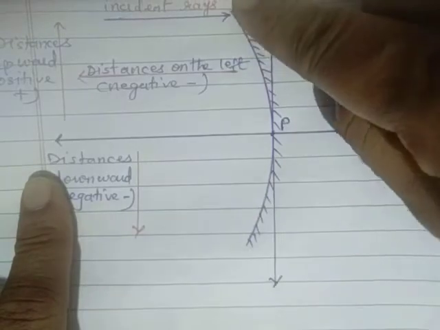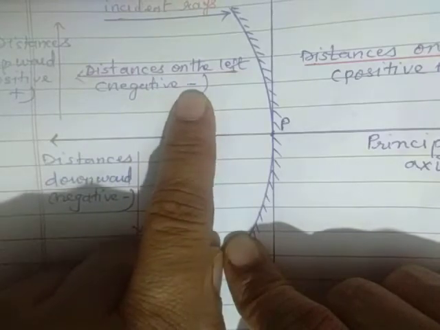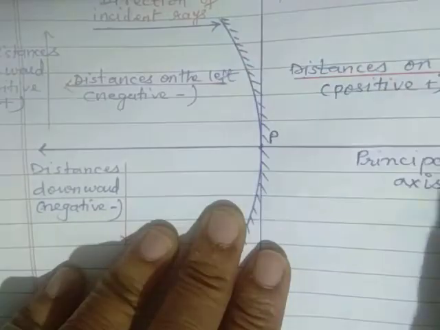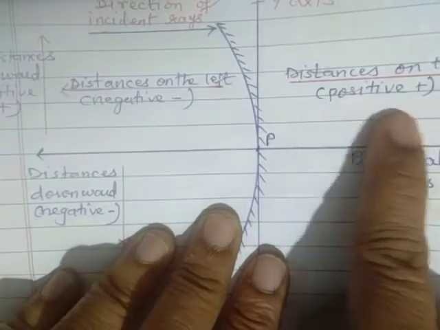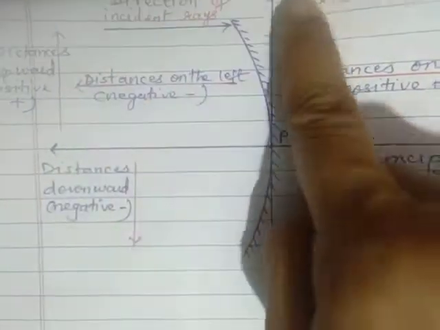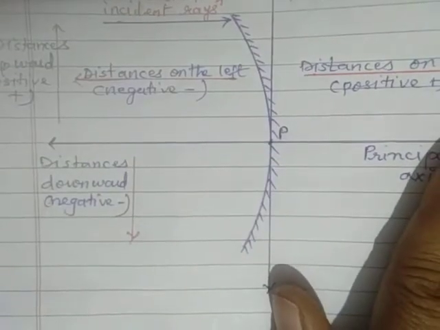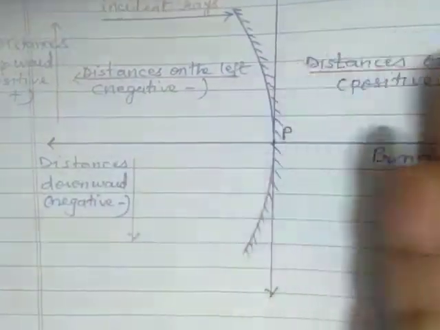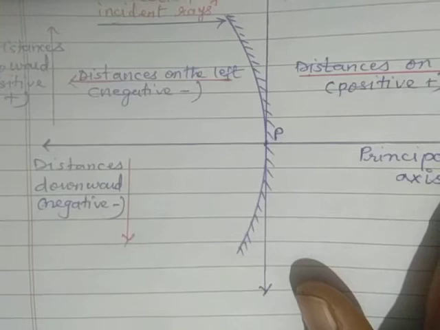Therefore we can say that the focal length of the concave mirror, since it is on the left hand side, will be taken as negative, whereas the focal length of the convex mirror, which is formed behind the mirror, on the right hand side, will be taken as positive. So remember, the focal length of a concave mirror is negative, whereas that of a convex mirror is positive. In the case of a concave mirror, the focal length is in front, whereas for a convex mirror, the focal length is behind the mirror. Accordingly they have the signs.